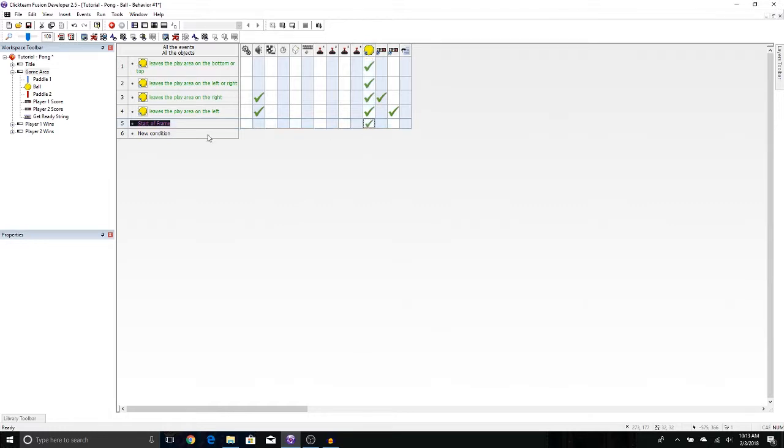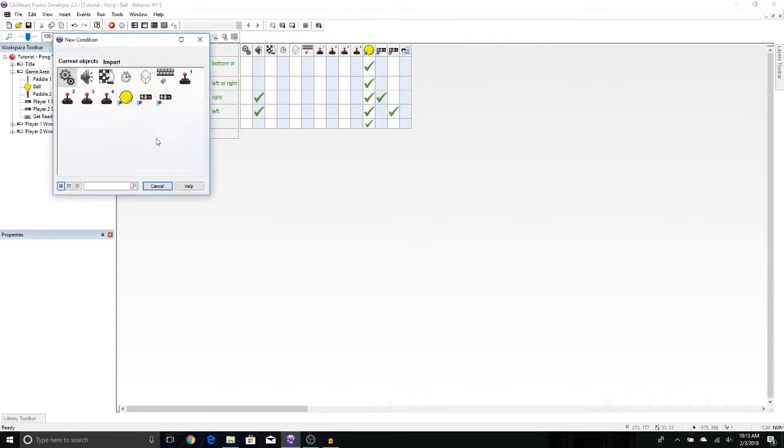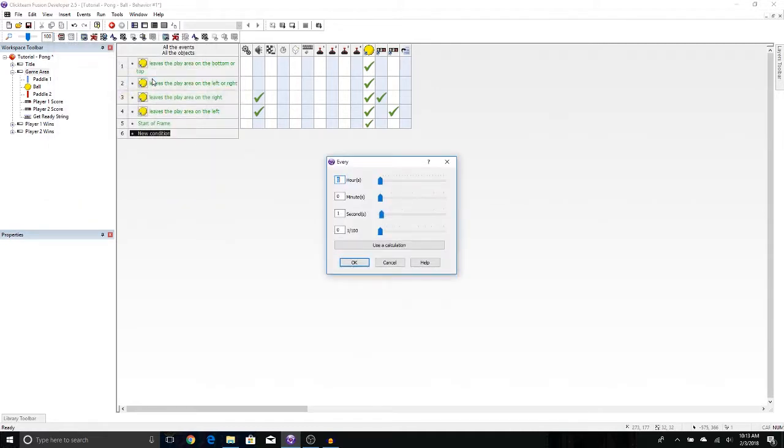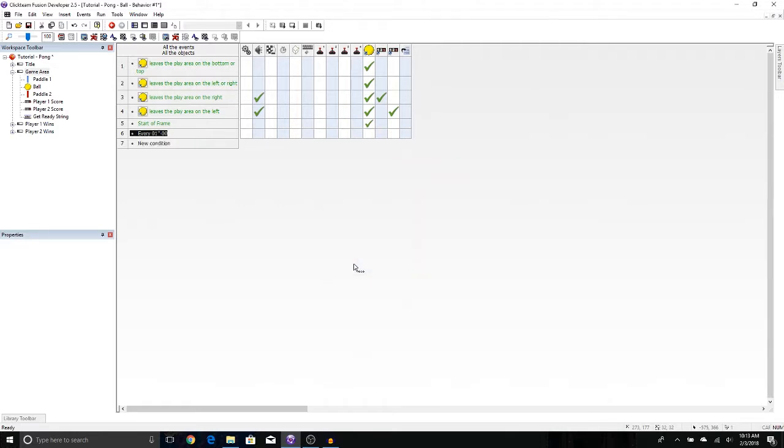And then what we need next is that we're going to make a new condition. We're going to use the Clickteam Fusion's actual timer, which is this clock thing right here. We're going to right click and say every. And then you can choose how long the interval is, but we're just going to go with 1 second. And press OK. So it's going to act like every 1 second it's going to decrement the time on the ball. So we're going to right click on the ball,